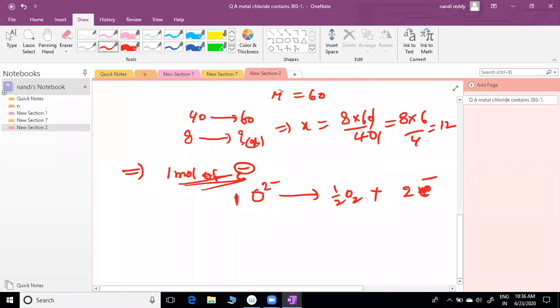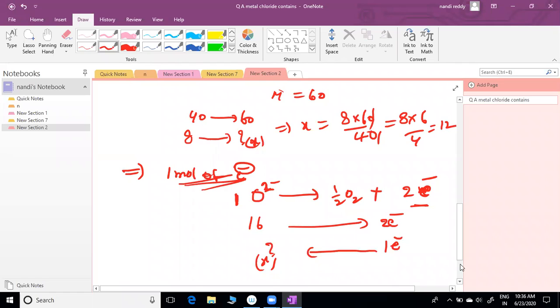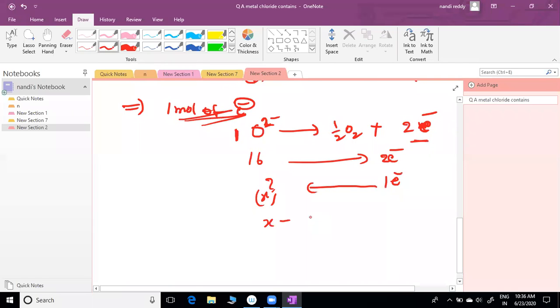Reference is 1 mole. 1 oxygen gives, because of the 2 minus charge, 2 electrons. 1 oxygen weighs how much, sir? 16 grams, for how many electrons? 2 electrons. But our target is always 1 electron. That is the definition. Then how much will we get for 1 electron? X equals 16 into 1 by 2, which is 8. So you have to take always for 1 mole of electrons, not 2 moles of electrons. This is our basic definition. Please check it. Still any doubt?